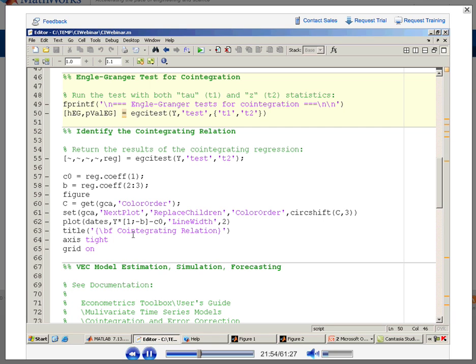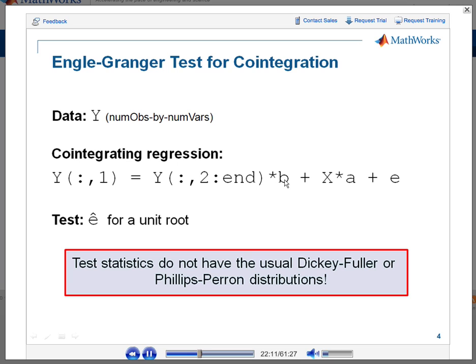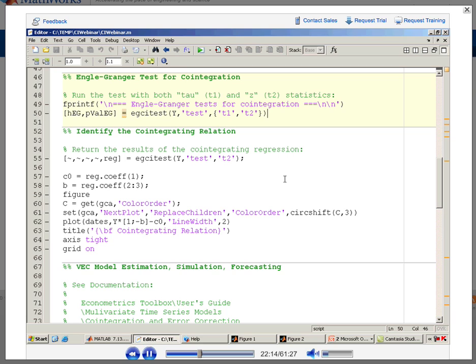Now, once you've determined that there might be co-integration among the variables, you might want to actually look at what the relationship is. We can just pull out that vector of regression coefficients b that we saw earlier on the slide here, this coefficient b from the regression, which is performed by EGCI test. That's available in an optional fifth output argument from EGCI test here. We can just pull it out and then pull out the intercept and the regression coefficients here. And then I can form the linear combination in the regression, and I can plot it. So if I just go ahead and do all of this,